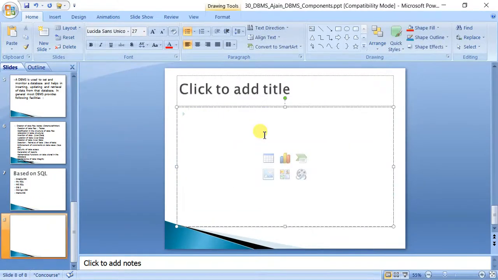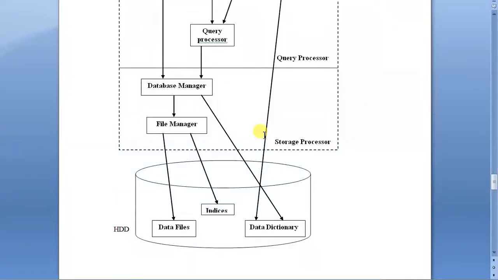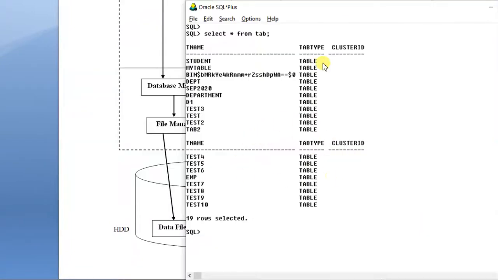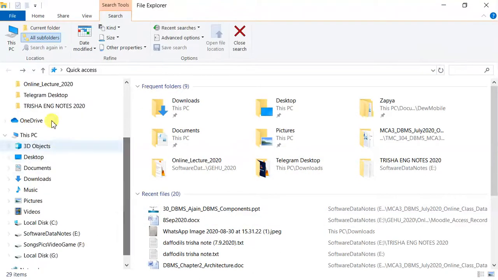So, what is the meaning? Tables are not visible at OS level. OS level means outside of Oracle, you will not be able to find your table. Your table will not be found anywhere in A drive, B drive, or C drive.